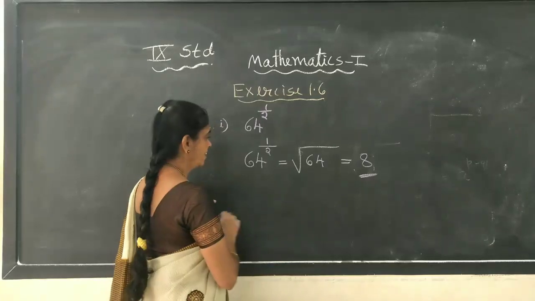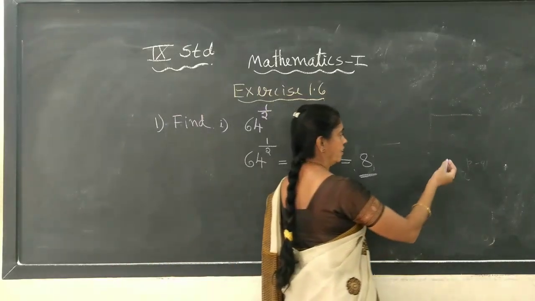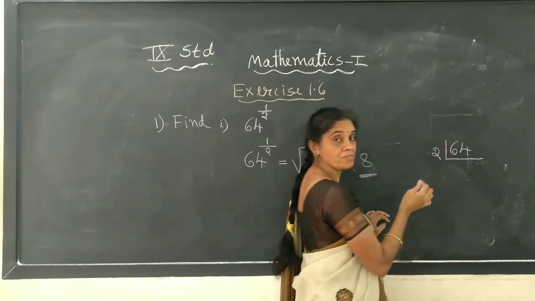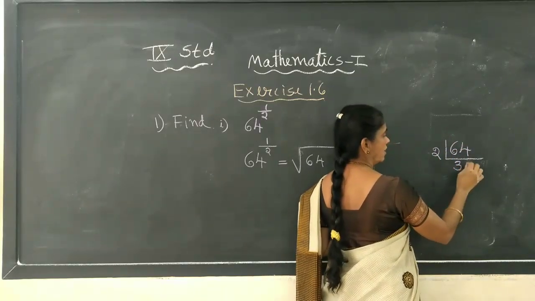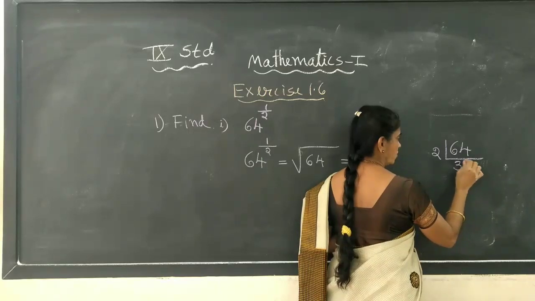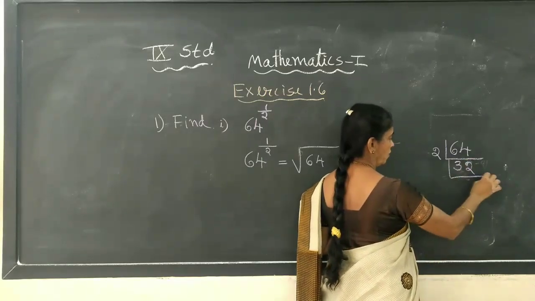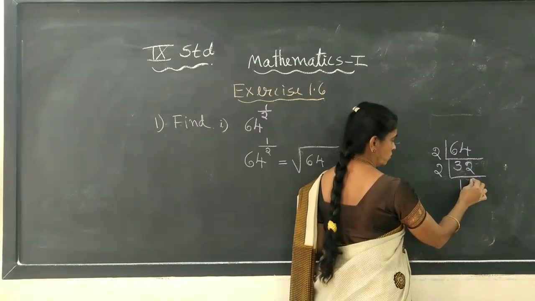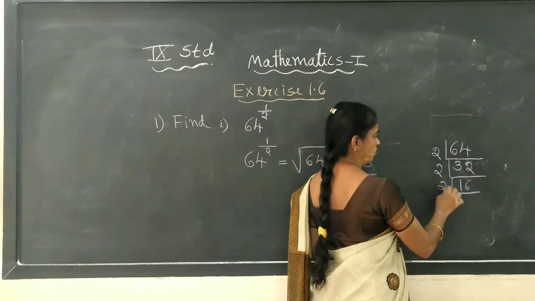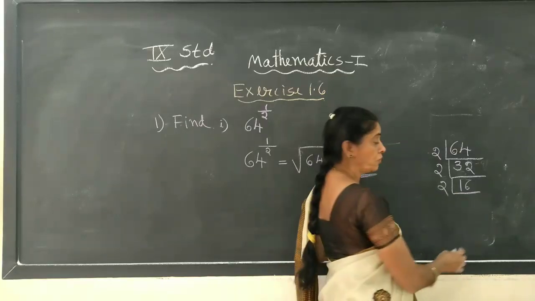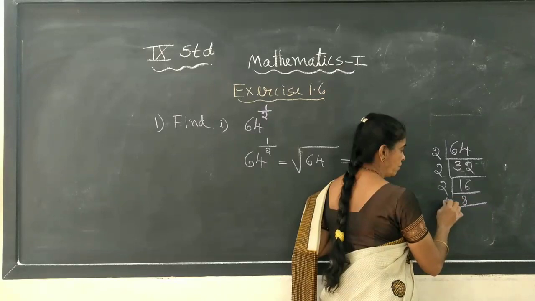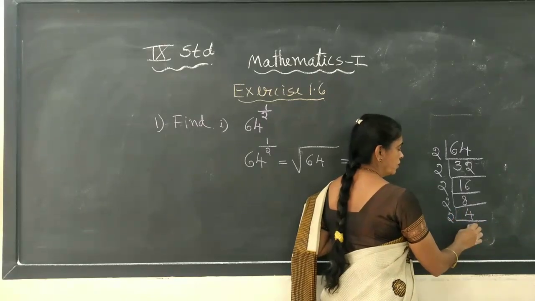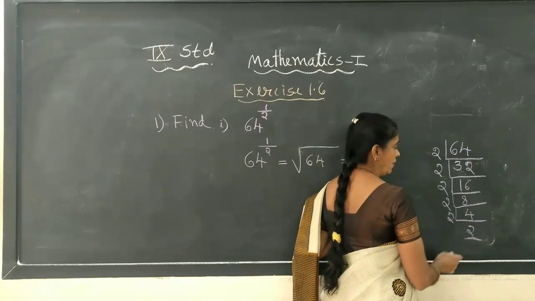Another method I said is like this way, a little lengthy process. 64 divided by 2 we will do. 2 3s are 6, 2 2s are 4, 2 1s are 2, 1 remaining, 6 12, 2 6s are 12, 2 8s are 16. Again it can be divided by 2. 8 divided by 2, 4 times. 4 divided by 2, 2 times.